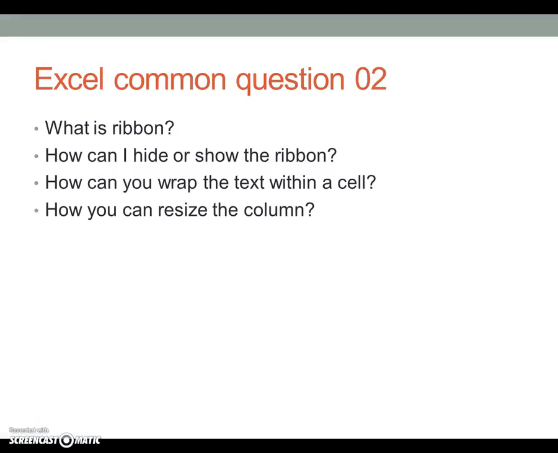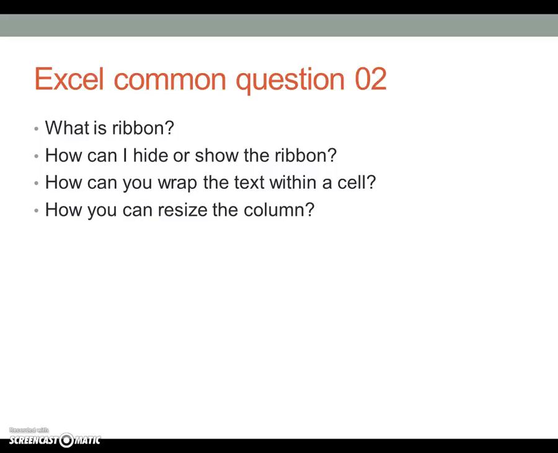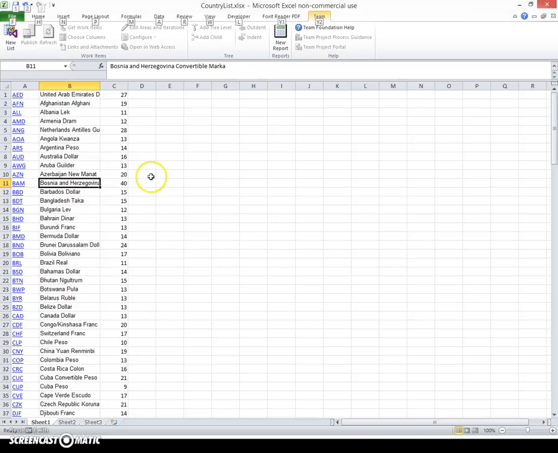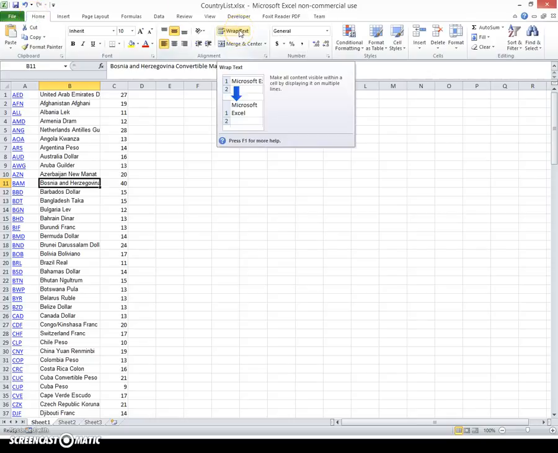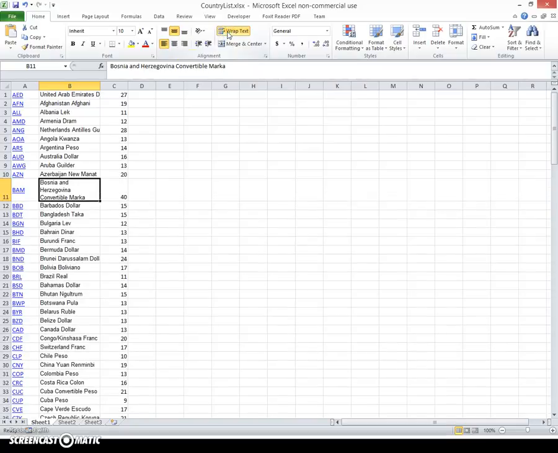The next question is how can we wrap the text within a cell? To wrap the text within a cell, it is very easy. Say for example, I have this cell here, it appears too long for me, and I want to wrap it. To wrap it, you can go to the Home ribbon, go to the Alignment group and click the Wrap Text button. After you click it, you can see that